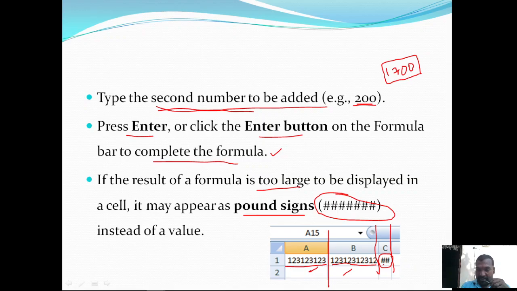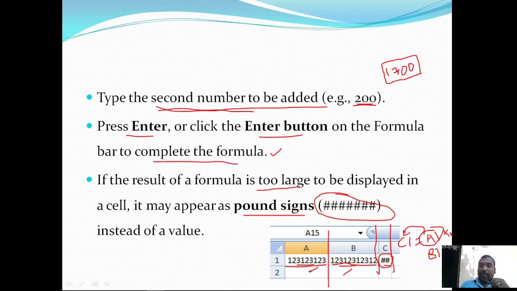The width of cell C1 is smaller compared with B and A. If we perform an operation C1 equals A1 plus B1, what happened here? The value in A1 and the value in B1 are added and the result is stored at C1.